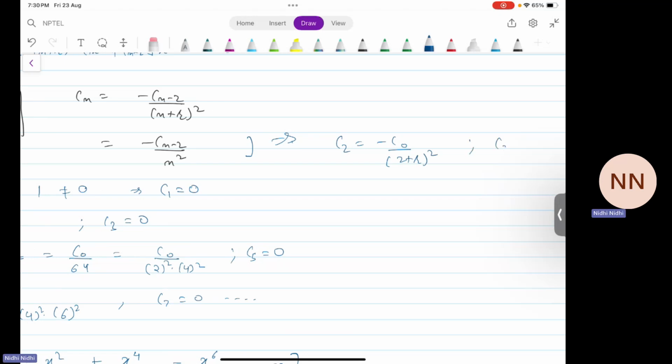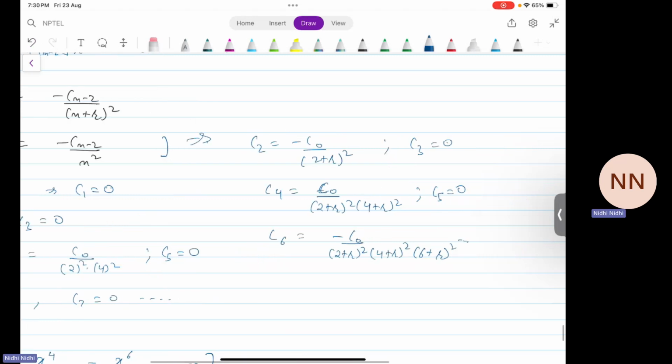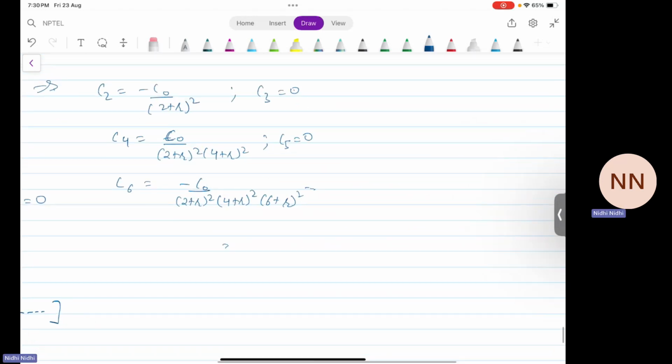Then C3 would be 0. C4 would be C naught by (2 plus r) square, (4 plus r) square. C5 would have been 0. C6 is minus C naught, (2 plus r) square, (4 plus r) square, (6 plus r) square, and so on. So in that case, our solution would have been y(x) is equal to